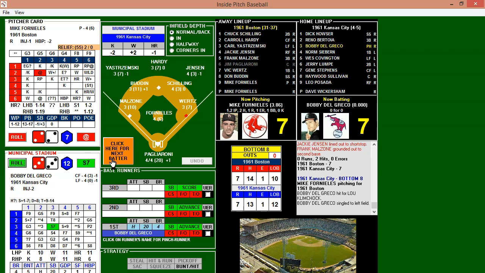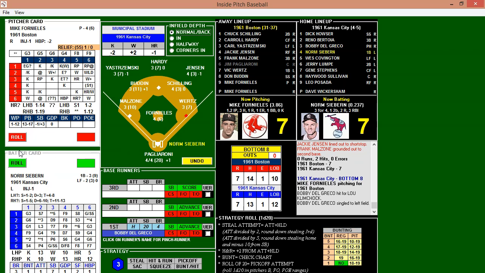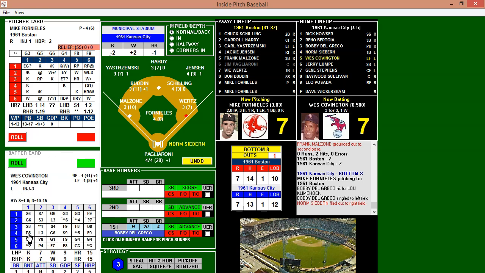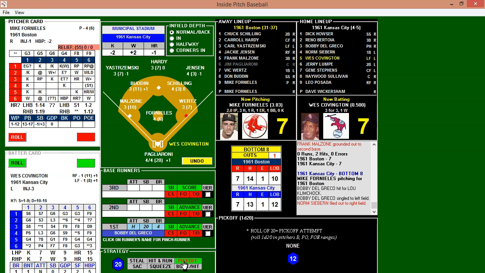Three, and that's going to be a base hit. So Del Brecco delivers with a base hit. Seaburn in there now. Red Sox hoping to turn 2 here. And he takes a ball. Fornelli thought he had him. And he'll fly out to Jensen for out number 1. Pickoff play. He's back safely. And Fornelli's will be lifted.